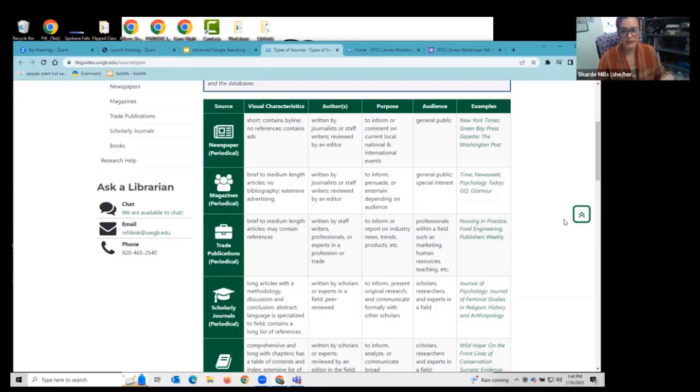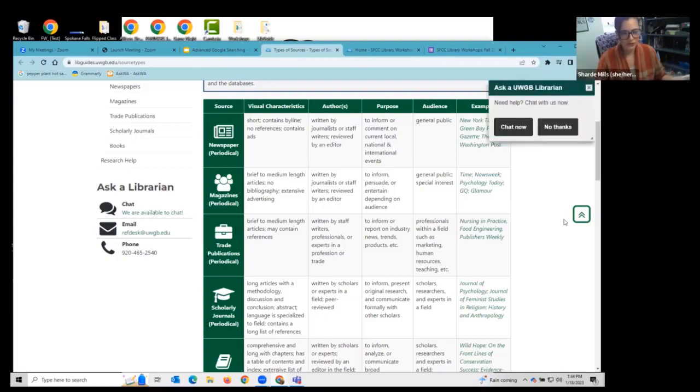They tend to be created at the time of the event or something occurring. Magazines tend to be a little bit more in depth. They have the possibility to be a little bit more in depth. There is potentially a little bit more research involved with it. So when I'm looking for information that has happened kind of like at the time of the event, something like a newspaper and a magazine article can be really helpful.